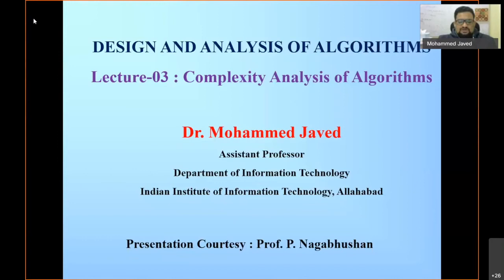So in this particular lecture, that is lecture number 3, we will discuss the different issues related to the complexity analysis of algorithms. And basically we will derive the running time of the algorithm with simple calculations. And also we would plot a graph and visualize the running time or the performance of the algorithm taking different